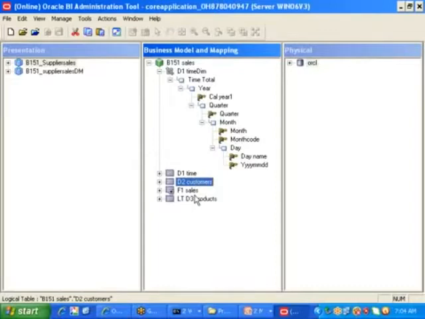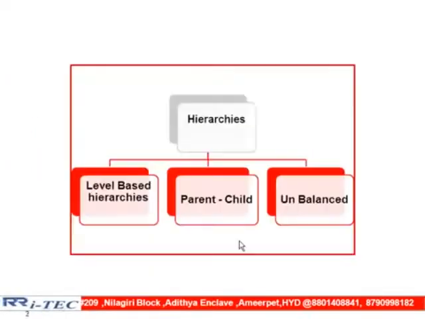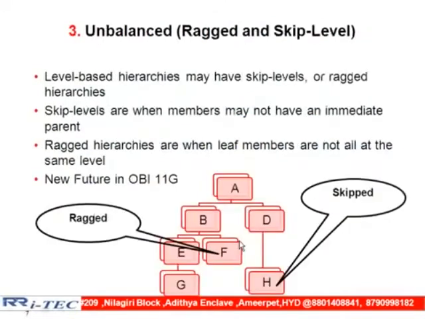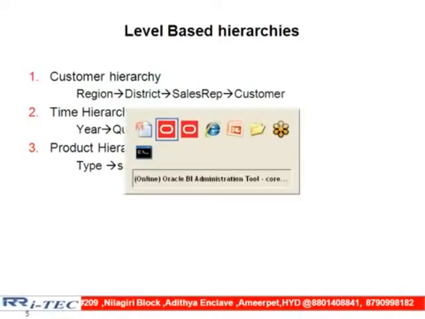Once these two things are completed, then we'll go for the remaining steps. You people need to help me in creating the customer hierarchy. Yesterday you had a chance to see how I created the time hierarchy, right? Now you guide me, I will do the work. My requirement is very clear. Customer hierarchy contains how many levels? I have region, followed by district, followed by sales representative, followed by customer. With these 4 levels, now we need to create one hierarchy called the customer hierarchy.